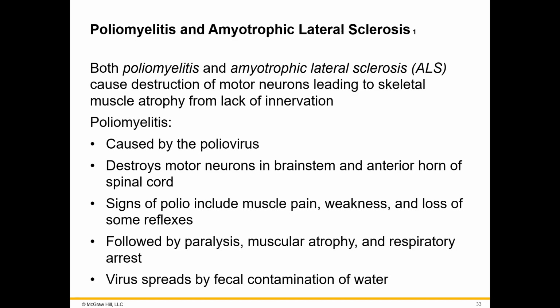So we said that itis is always the inflammation. Polio is the virus that causes inflammation in the nerve root ganglia in your ventral horn. Then ALS, amyotrophic lateral sclerosis, is also known as Lou Gehrig disease, named after a player. It causes destruction of the motor neurons, leading to skeletal muscle atrophy. There was also Stephen Hawking. You guys know Stephen Hawking? He was a very big mathematician, a math professor